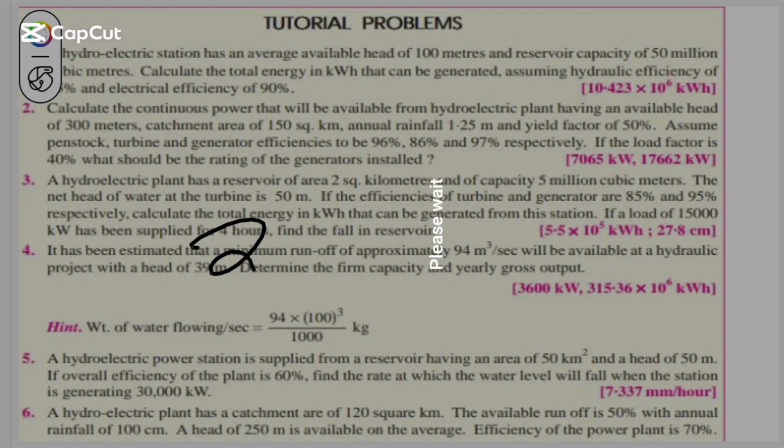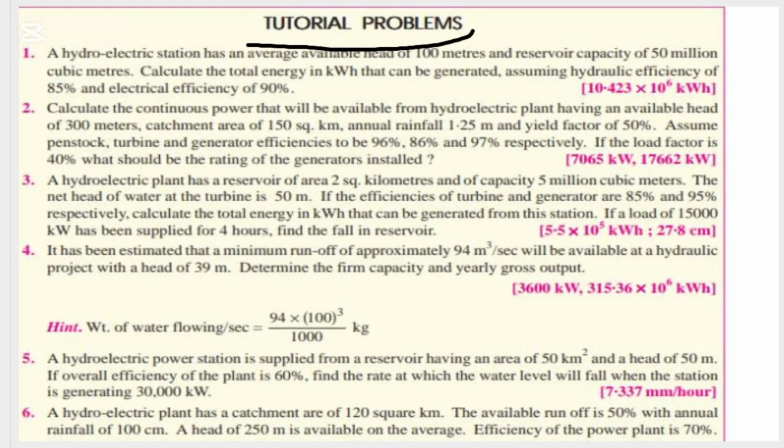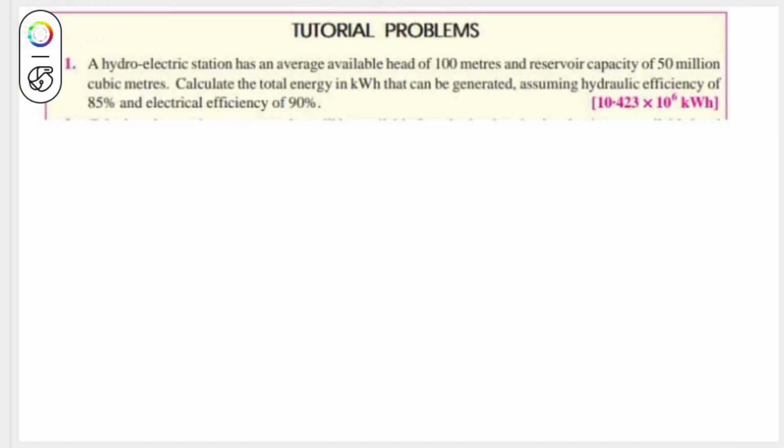In this video, we are going to see the hydroelectric power station tutorial problems. In the last video, we solved the steam power station tutorial problems. So today we are going to see the hydroelectric power station. The first question says a hydroelectric station has an average available head of 100 meters and